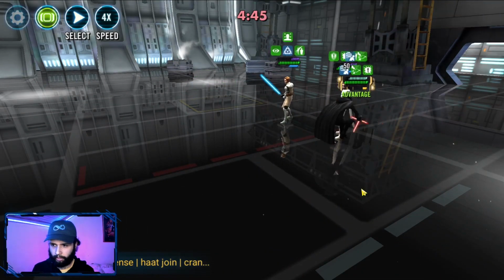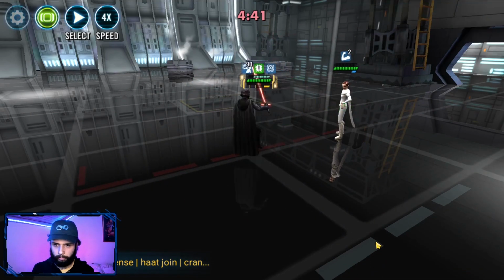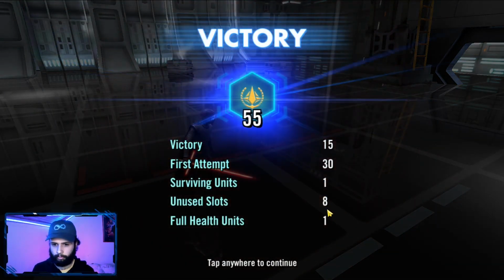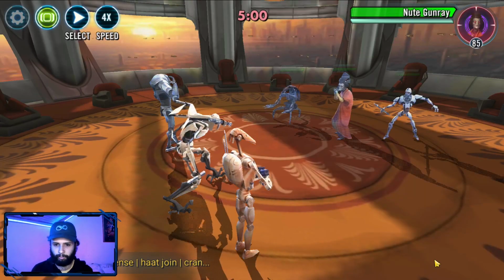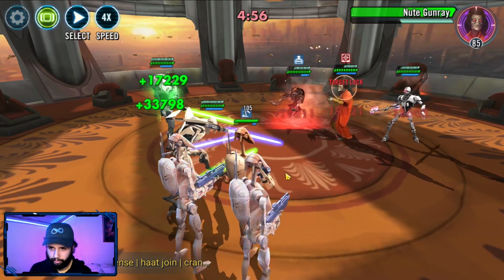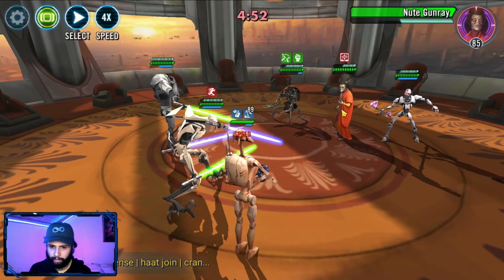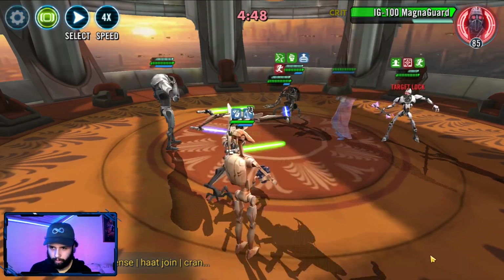So you finish off Anakin. Stab Kenobi. And finish Padme off. So 55. Need to clear some teams and that will help out. Rather than planning this, it's so many variables going through. I should have probably target locked Magna Guard to prevent him from doing abilities, but...